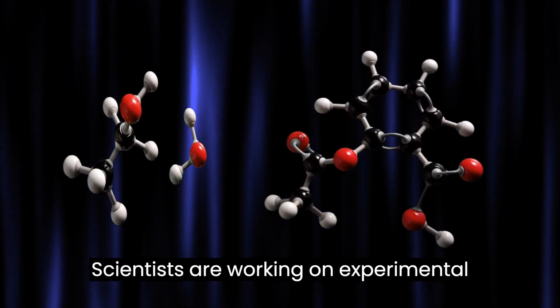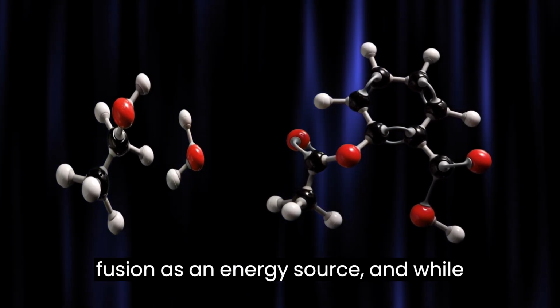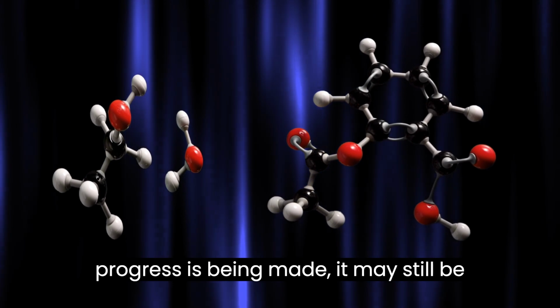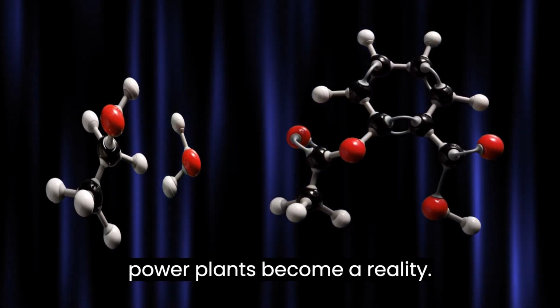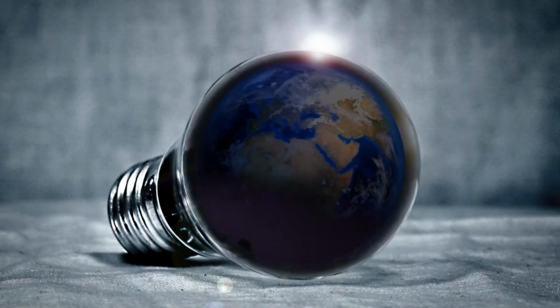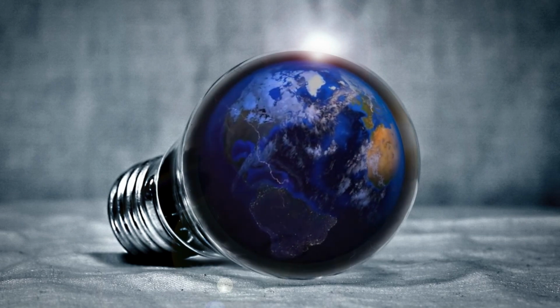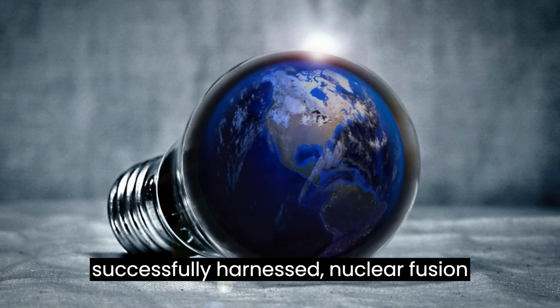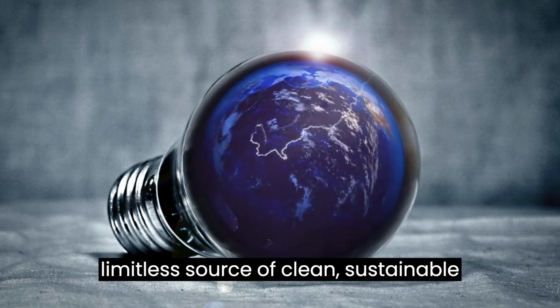Scientists are working on experimental reactors to test the feasibility of fusion as an energy source, and while progress is being made, it may still be several decades before commercial fusion power plants become a reality. The potential of fusion energy is enormous. If it can be successfully harnessed, nuclear fusion has the potential to provide a virtually limitless source of clean, sustainable